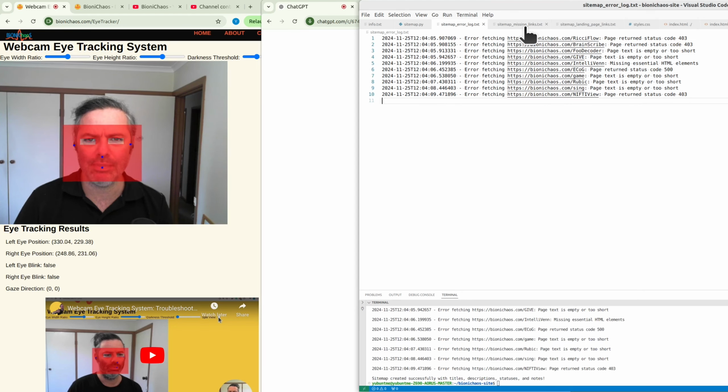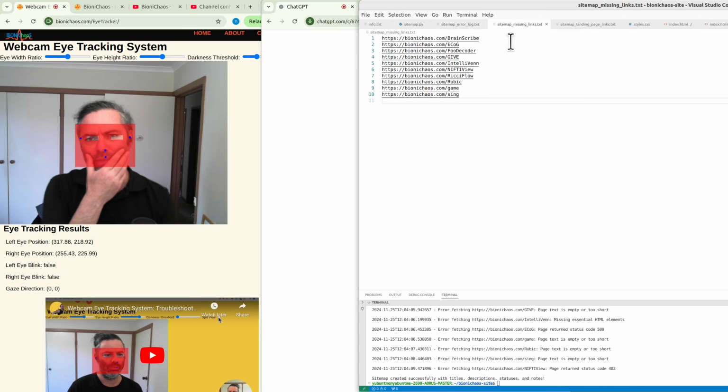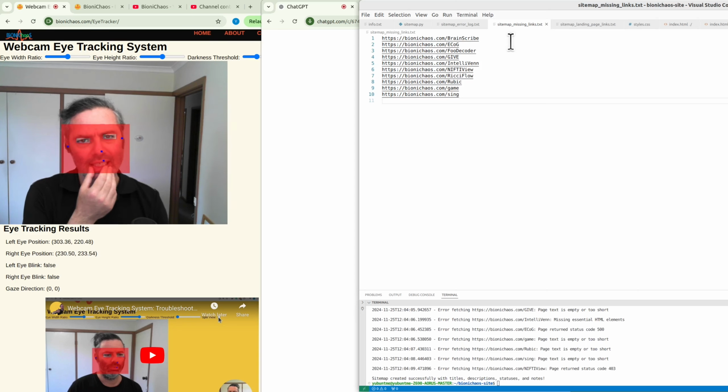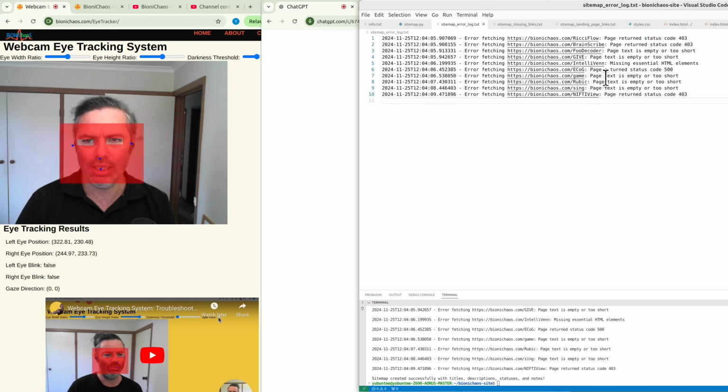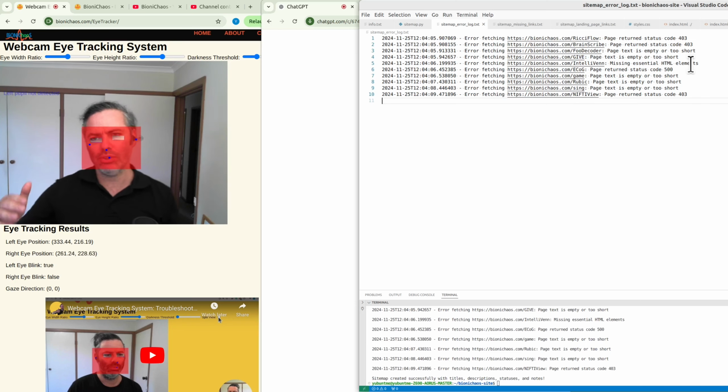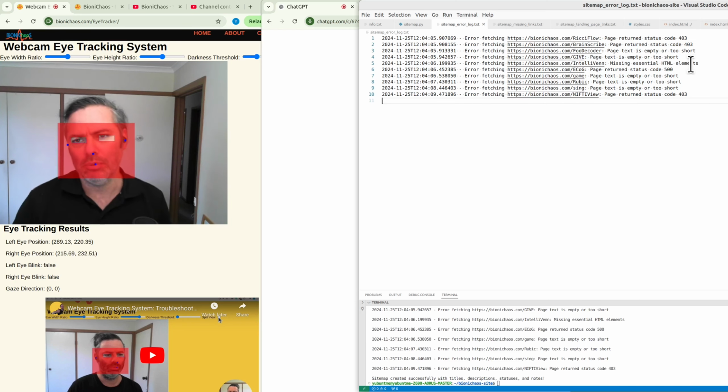Actually, yeah, there's something specific. Can we combine the first and the second file? So essentially, if the link to the page is missing from the landing page, then just indicate it as an error in the error log. And we would also like multiple entries in the error log, so there could be multiple problems, so we would like to actually list all of them. Can that be done?